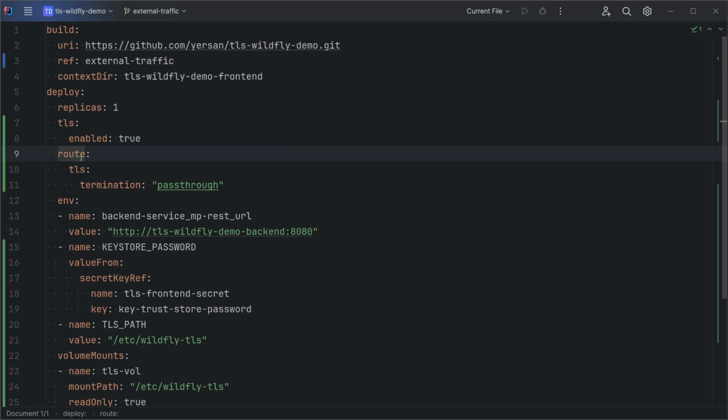I also modified the route to use passthrough instead of the default one, which was edge. With passthrough, when the request arrives at the route, it will be passed directly to the target pod in this case. The route is not going to apply any modification on the request. There is a third option here, which is re-encrypt, and that could be useful if you want to keep different certificates